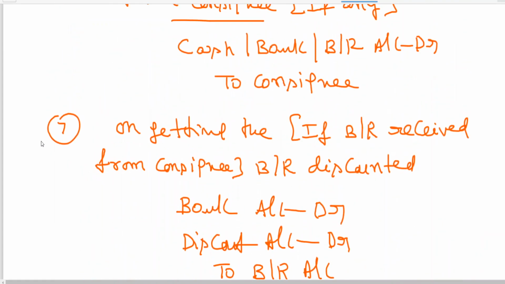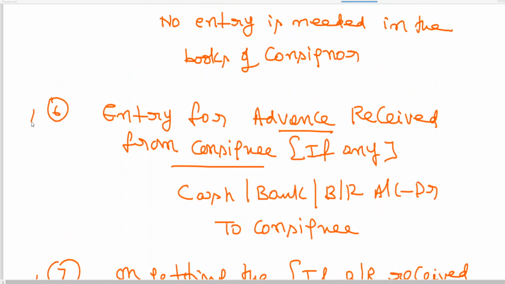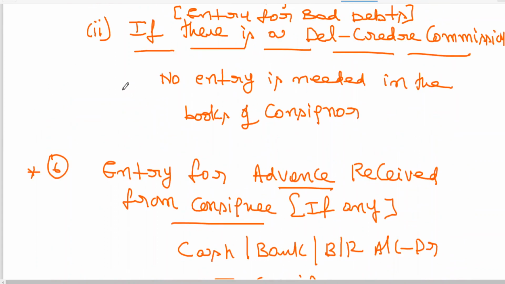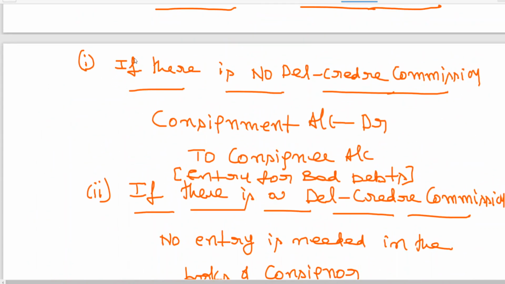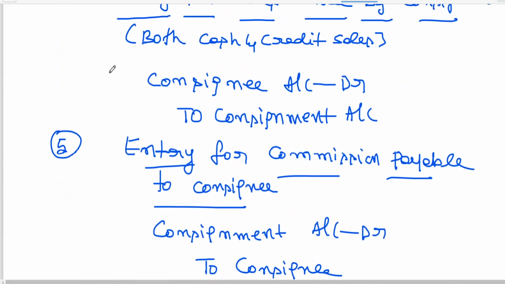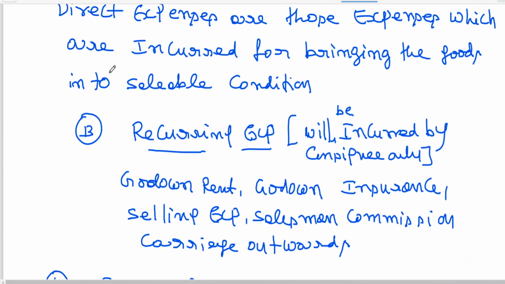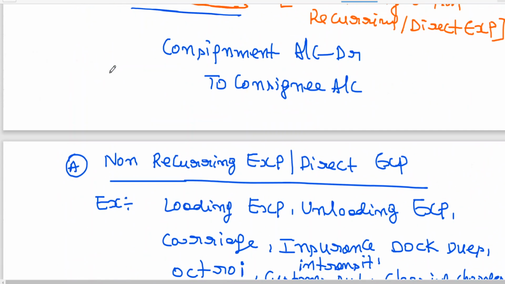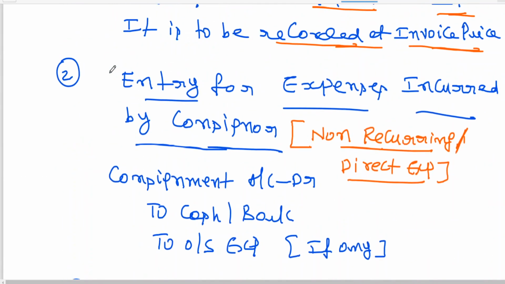This entry will come only when the bill is discounted, bills receivable discounted with the banker. So this entry will be there only when there is an advance. If there is no advance, no need to write this entry. Similarly, this entry I have written if there is del credere commission. Whatever I have been writing in the red ink, very rarely you come across. The blue ink indicates these are the regular entries which you should be remembering, the entries which will be coming across in the problem. Clear to all of you?